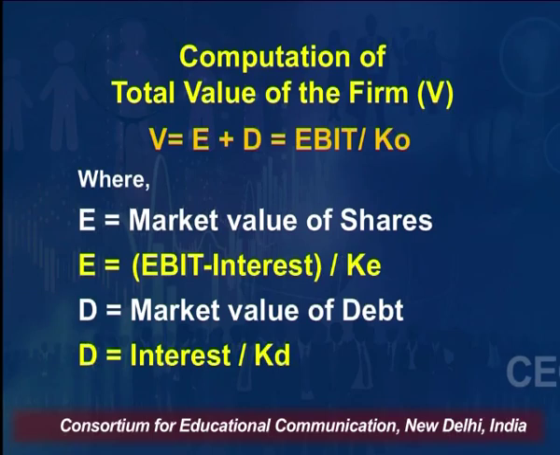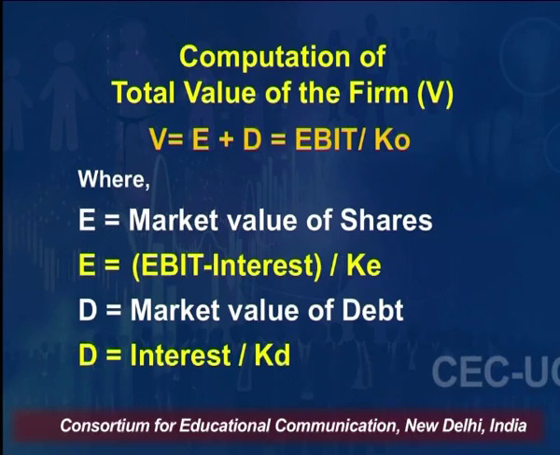In the previous slides we have seen that valuation of the firm can also be calculated by dividing EBIT by KO. EBIT is earnings before interest and tax, and KO is the overall cost of capital. So valuation of the firm is equal to equity plus debt, and we need to calculate the value of equity and the value of debt. The value of equity may be calculated by deducting interest from EBIT and dividing this amount